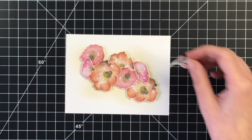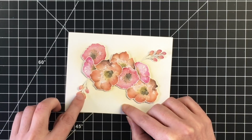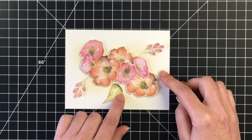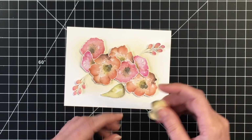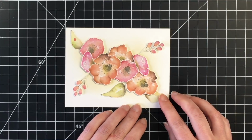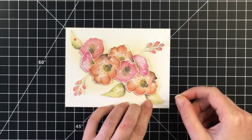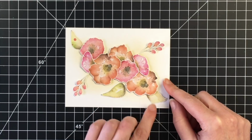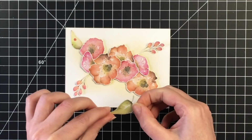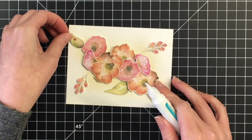So once I get that into place, I'm going to add these two little branches to either side of our central cluster of flowers, and then I'm going to add in a few of the leaves that I also fussy cut out of the pattern paper. And I love how this just draws the eye from the top left all the way down to the bottom right. I am going to have to trim off one of the stems,